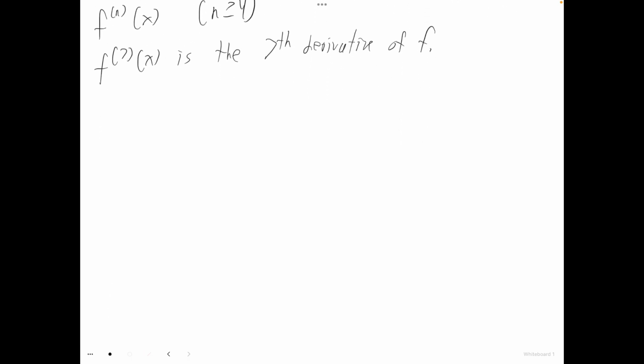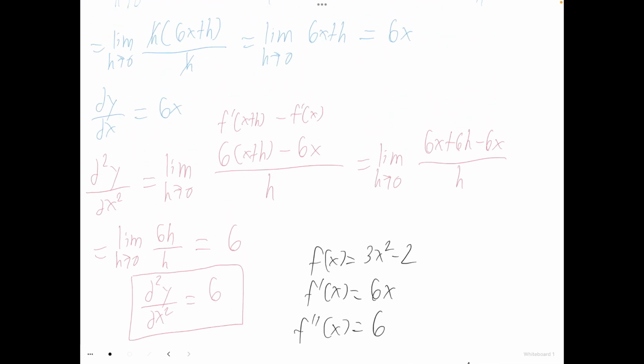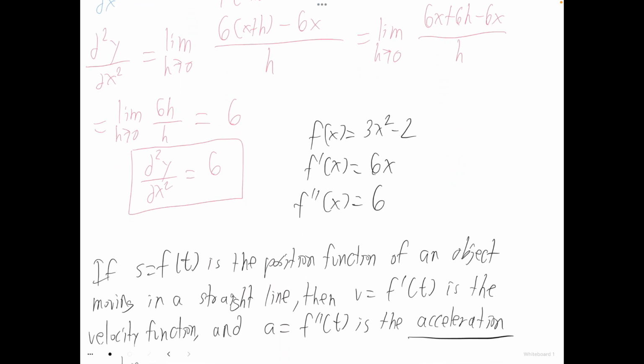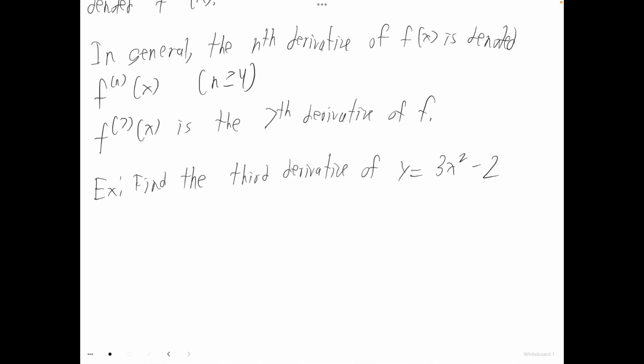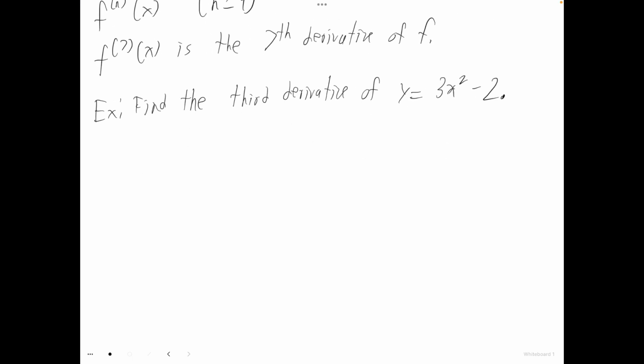And so we're going to look at an example of computing such a thing. So we want to find the third derivative of y equals 3x squared minus 2. So this is our function from before, just to save a bit of time. So we already know what its second derivative is. So we want to find the third derivative of this function, y equals 3x squared minus 2. So the third derivative, which we write as d cubed y over dx cubed,